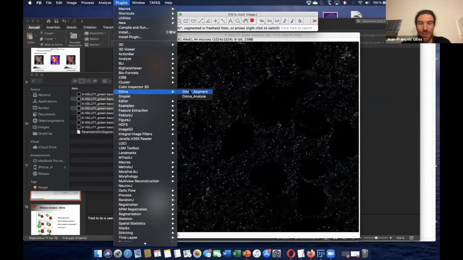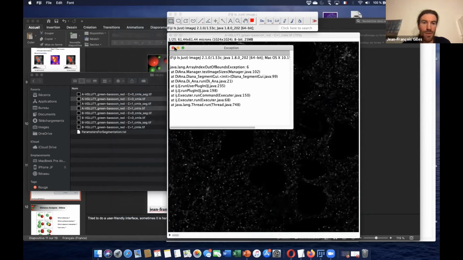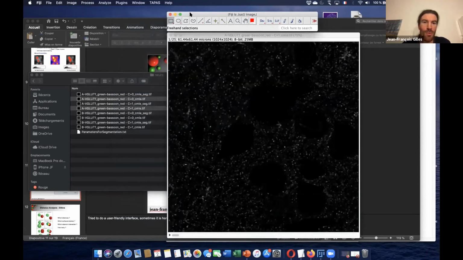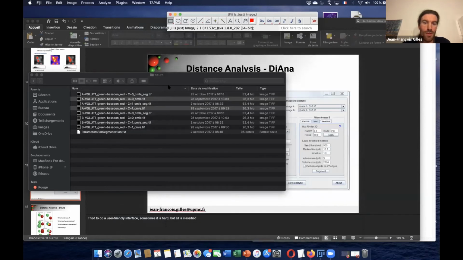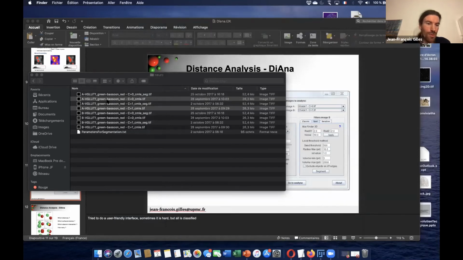Initially we wanted to do a workflow for the analysis, but finally we need to create the objects, and for this we created this interface. There is a problem. Maybe I just don't save. Yes, I'll just go back.